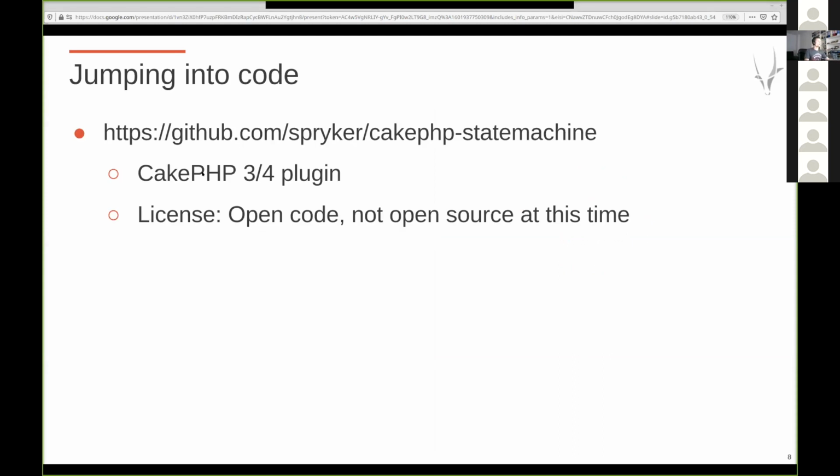To show you the actual state machine, it's a Cake 3 or 4 plugin. It's not open source, it's open code. That means it just cannot be open source at this time, but you can use it in your project and you can use it in your current open source or proprietary code. But it has to be protected in a certain way, because it is a very key piece of our business logic. The big brother of it, the official state machine, is actually running in a lot of order management processes in the Spryker framework. And this little brother is the CakePHP brother,